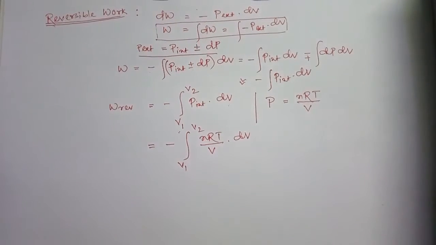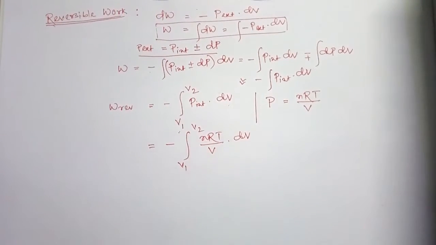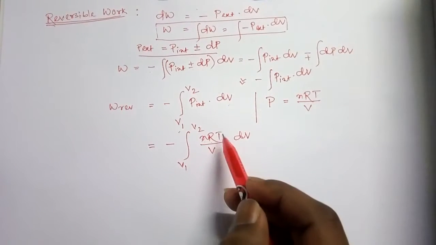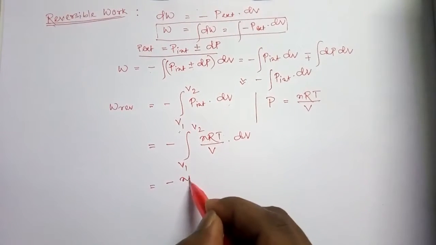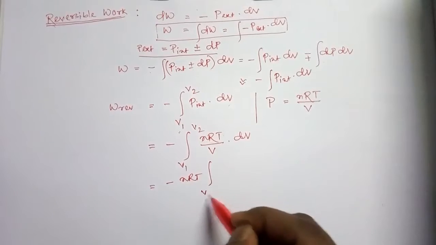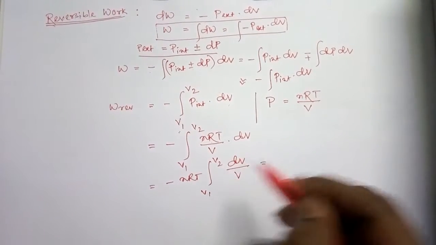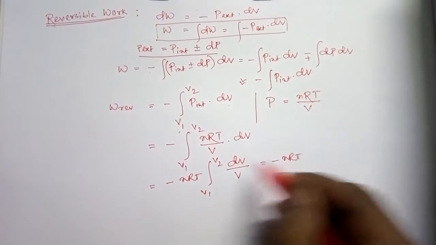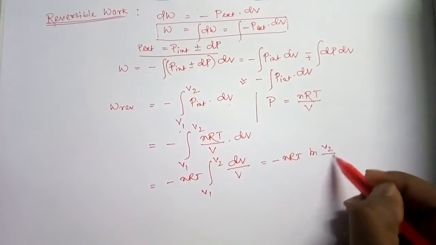As we are taking the isothermal condition, and there is no change in the number of moles between system and surrounding, n is constant, R is constant, T is constant. So minus nRT, the integral from V1 to V2 of dV by V, that means ln V. So minus nRT, if we put the limit, ln V2 minus ln V1, that means ln V2 by V1,